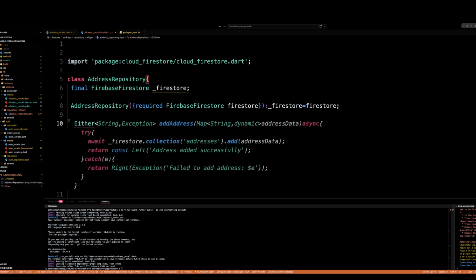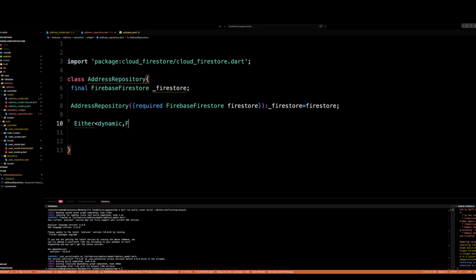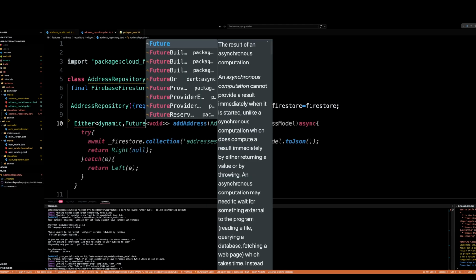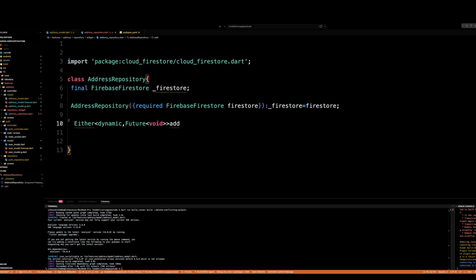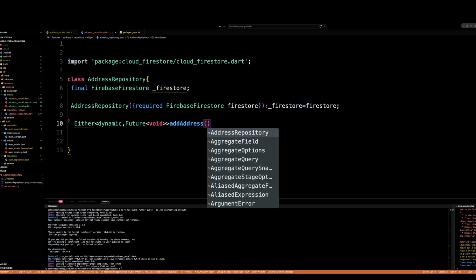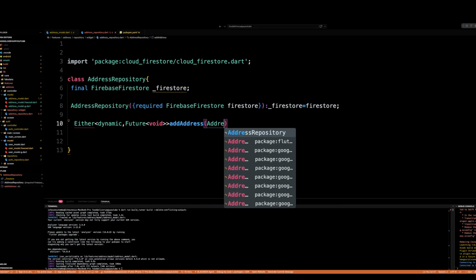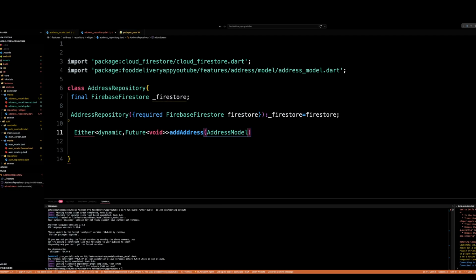So we are going to use an Either function, dynamic, and then it must return a future of type void, right? And then the address is going to take in our address model,